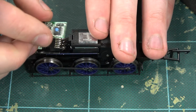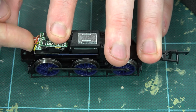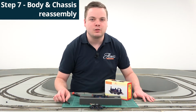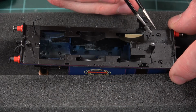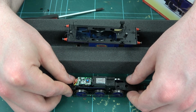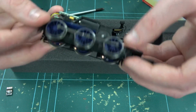The decoder folds up and over the socket, and I would recommend using a small piece of black or blue tack to hold it in place. The chassis is now ready to go back underneath the body. However, check those 4 sandpipes before replacing the chassis to ensure that they will not snag as you are carrying out the procedure. The decoder will sit at the front of the locomotive as per so, and